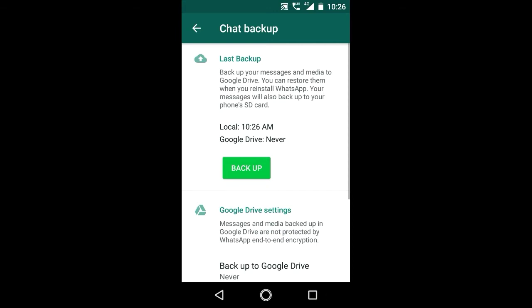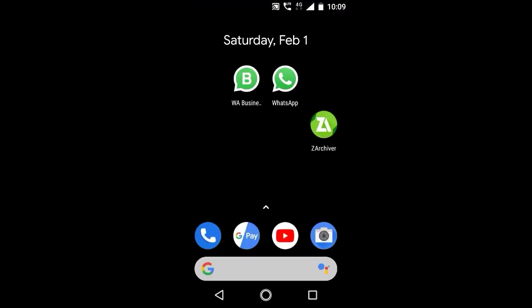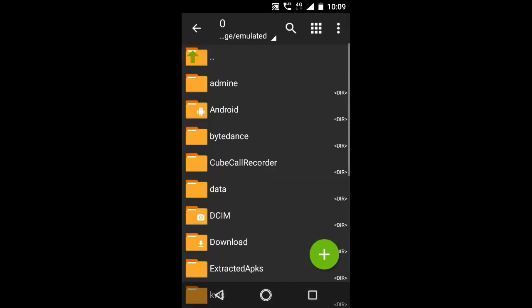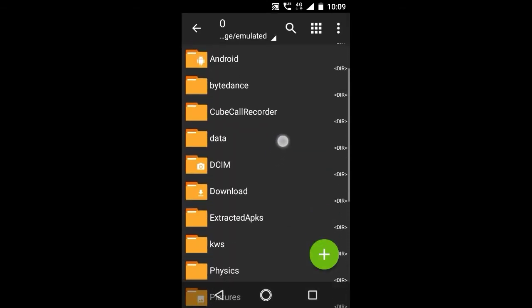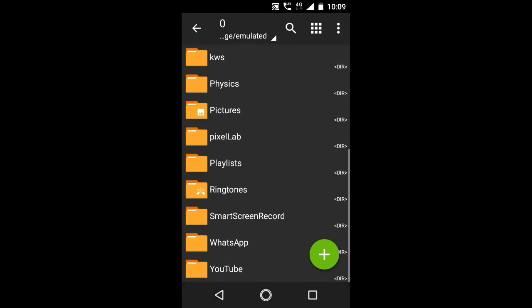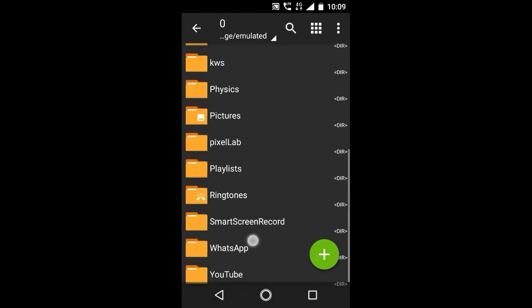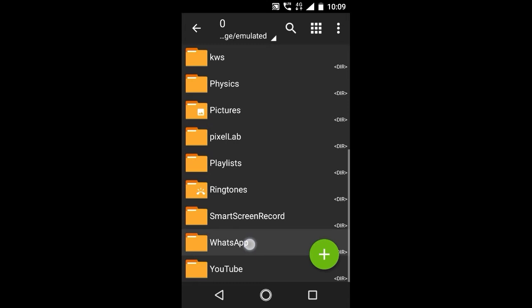After completing the backup, exit the primary app. Now we need a file explorer. I am using this app, but you can use any file explorer. Open it and go to the WhatsApp folder. You can see this is the folder where our chat backup is stored. This folder is for the primary WhatsApp,